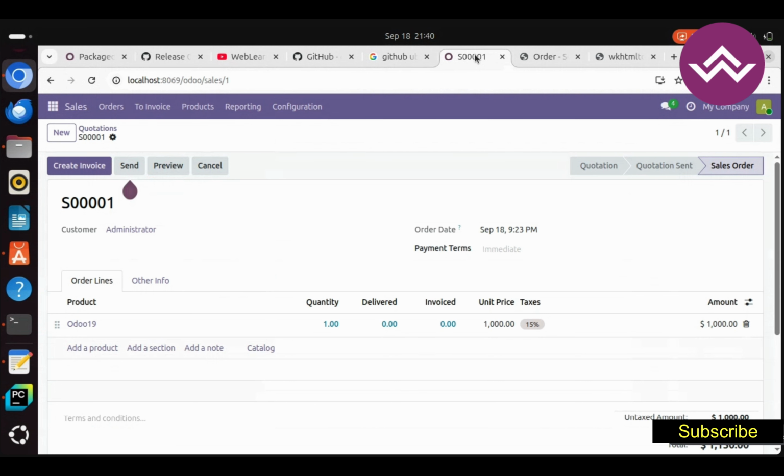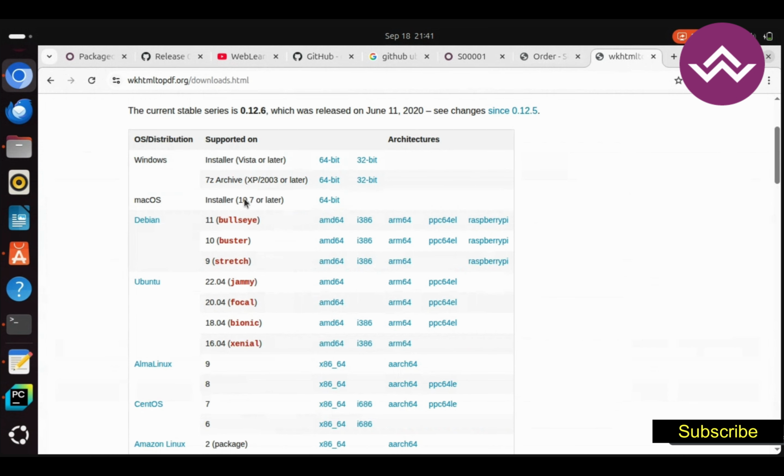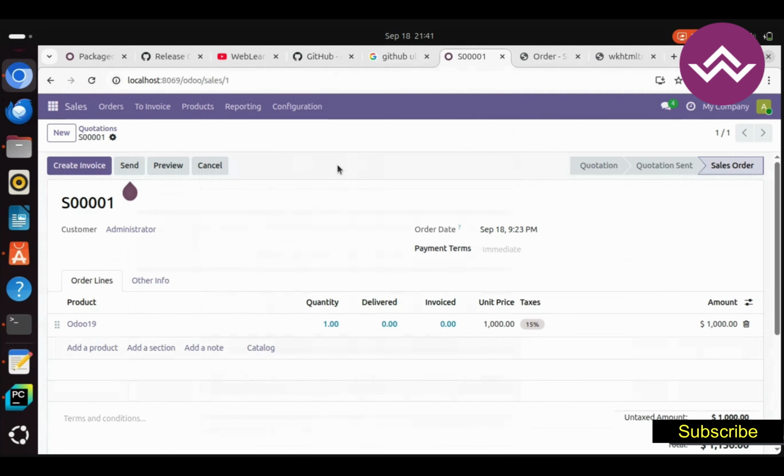And in that virtual environment we install the dependent packages from the requirements.txt file, and Odoo is successfully installed. And after that the last step is wkhtmltopdf, right? And after it is successfully installed for the developer version,